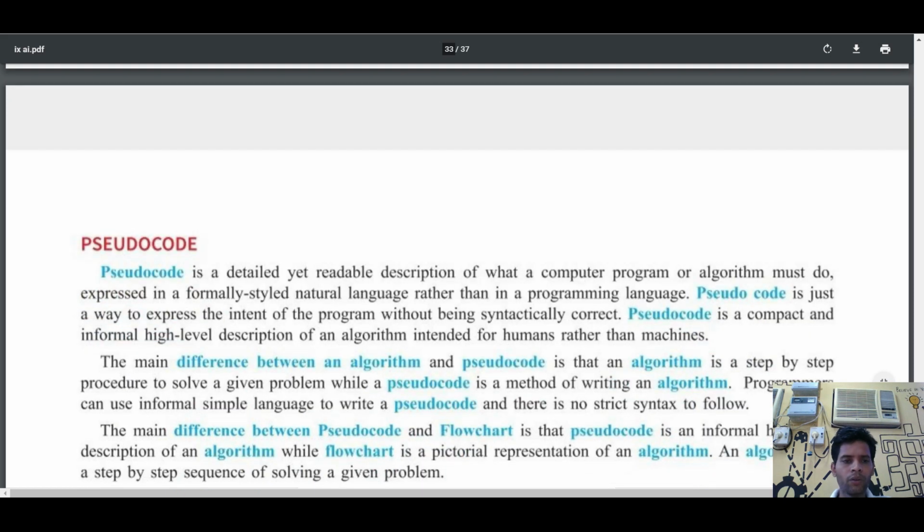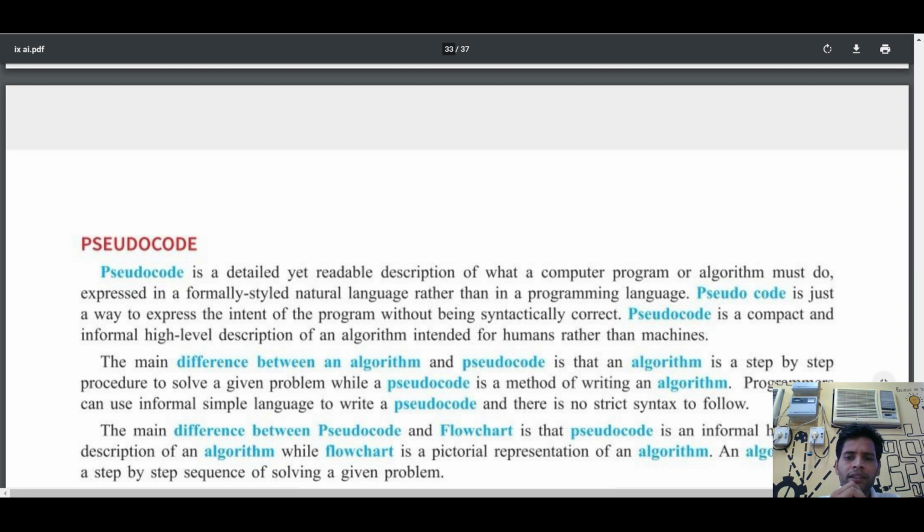Now next one is pseudocode. Pseudocode is a detailed yet readable description of what a computer program or algorithm must do, expressed in a formally styled natural language. But algorithm and pseudocode are different. In an algorithm, we follow some rules, and rules mean we have some writing language.